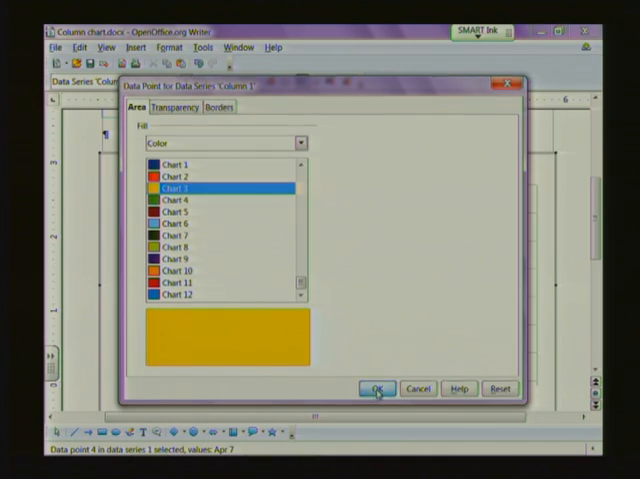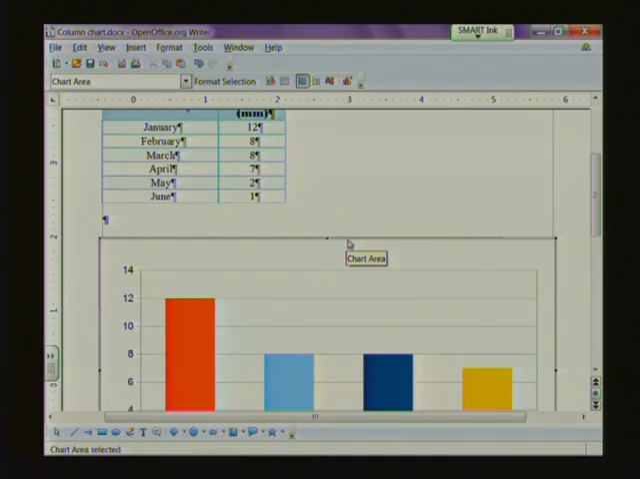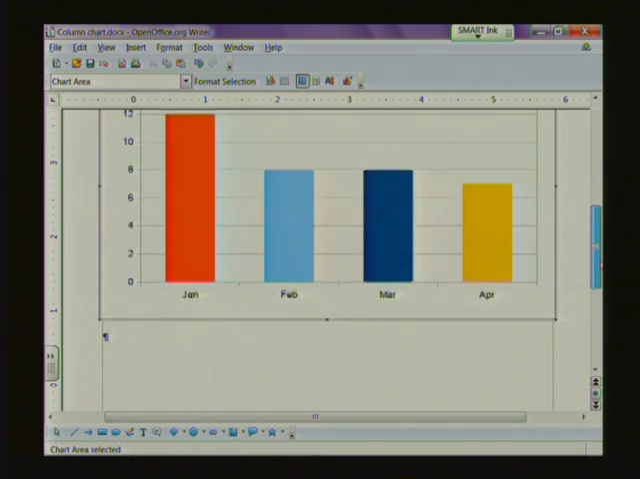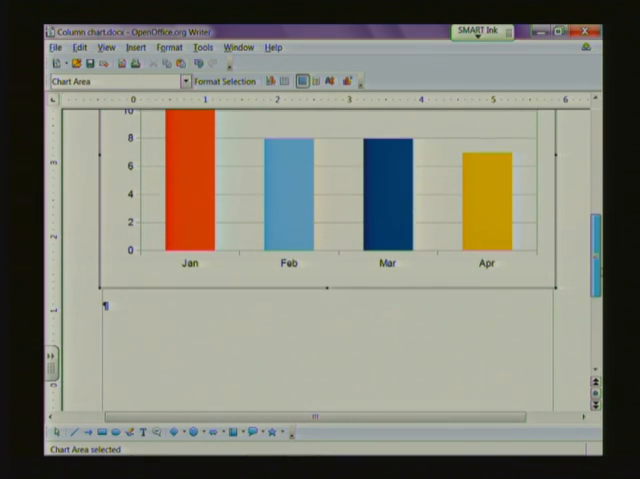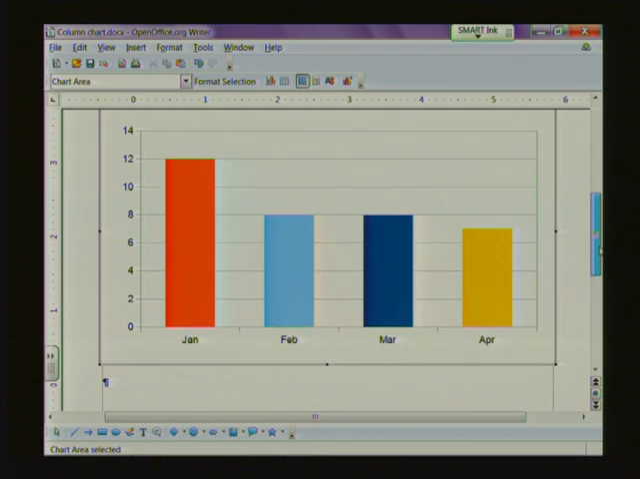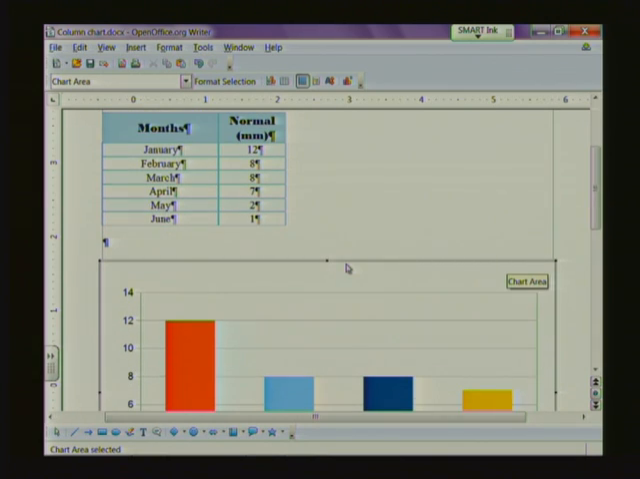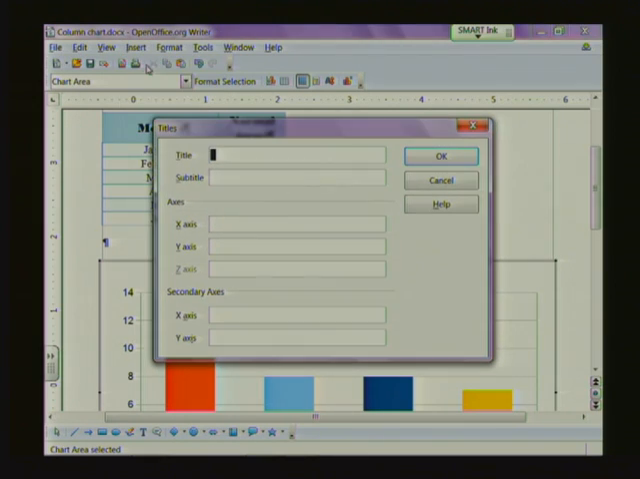Same as Microsoft Word. If you want to insert a heading, because you will notice that there's no X-axis title, there's no Y-axis title, and there's no main title, you select your chart. You're going to go to Insert and Titles, and my main title is going to be Rainfall, and I'm going to click where it says X-axis, and I'm going to choose Months, and my Y-axis title is going to be